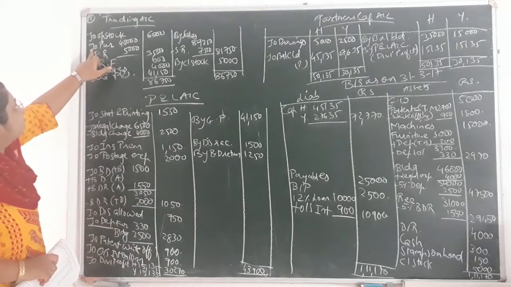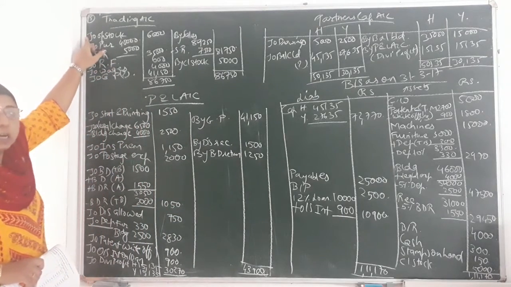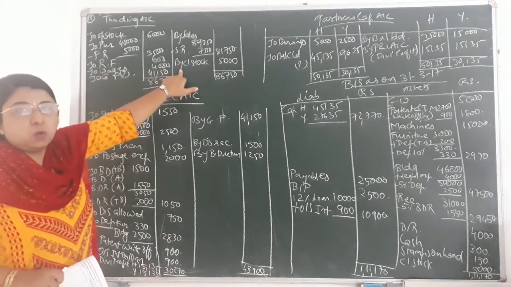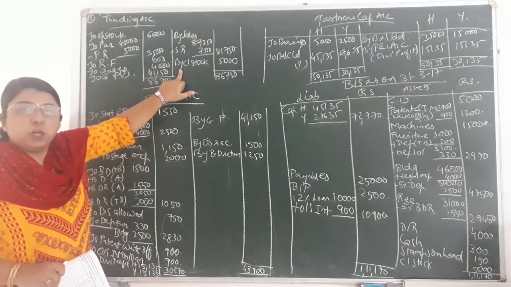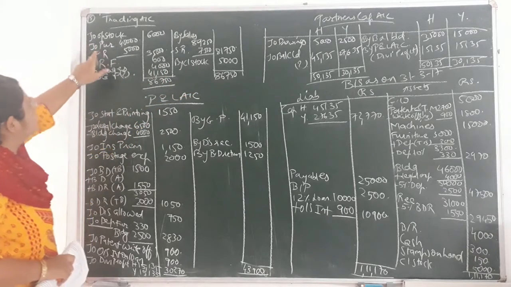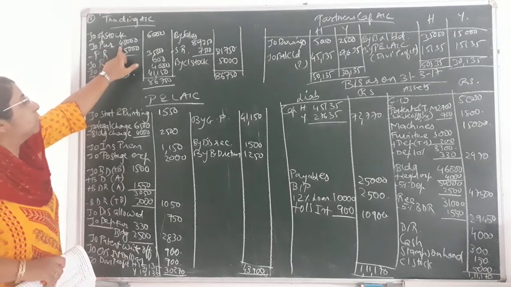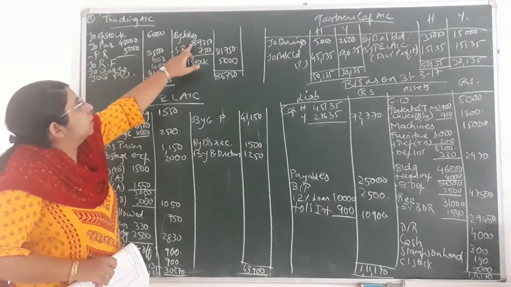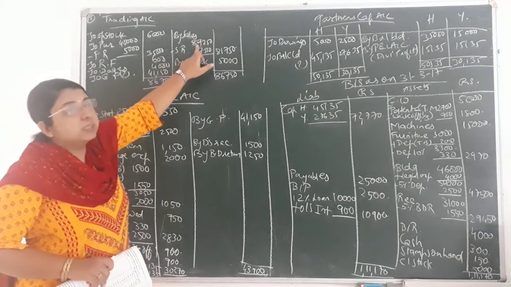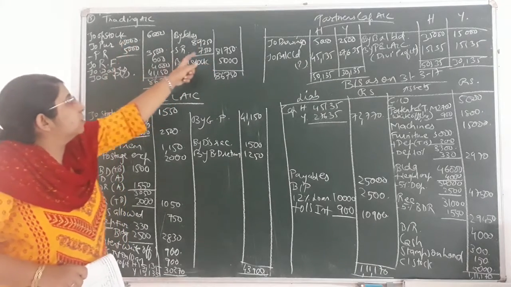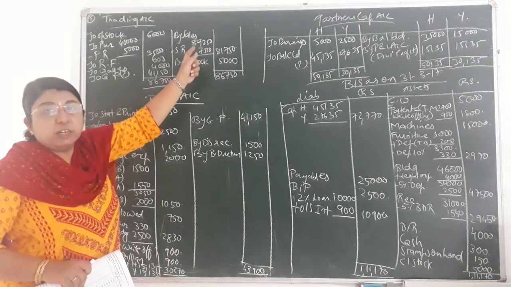You can see first entry always in the trading account, that would be of opening stock, and last entry in the trading account on the credit side, that would be always of the closing stock. After opening stock, second entry should be of purchase. To purchase, that is debit balance, that is 40,000, and credit balance that is given to you, that is by sales, that is 89,250. Both I have written in inner column